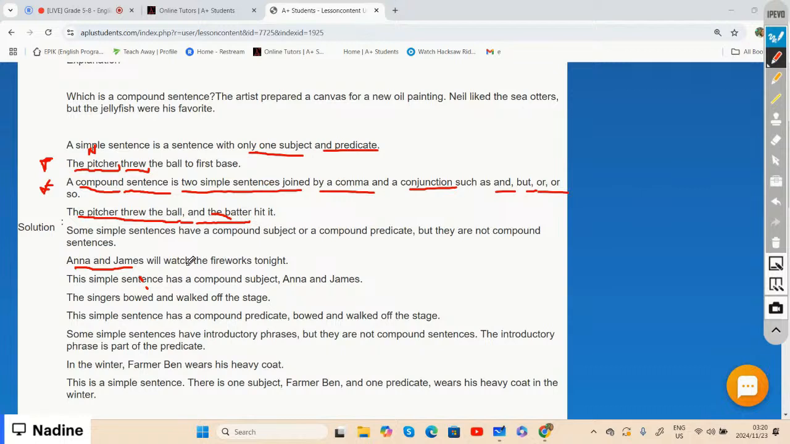All right. And then we also have compound predicates, and a compound predicate is like saying you're doing two things. It's like saying the singer bowed and walked. You bowed and walked. That is two actions being done. And with both the compound subject and compound predicate, that is